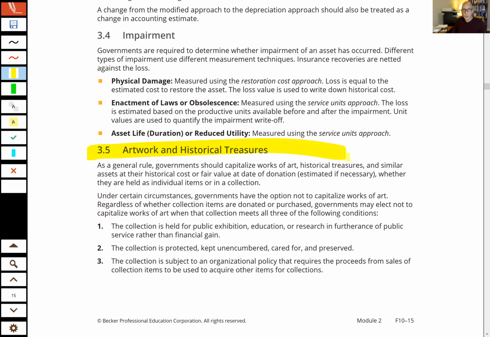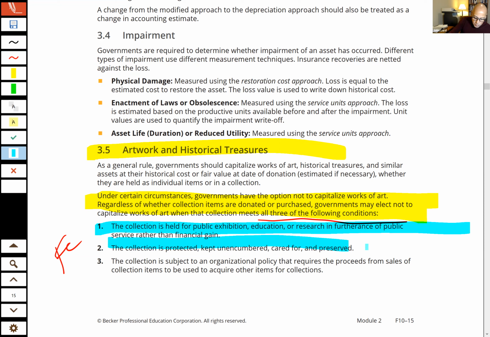Just coming down, artwork and historical treasures. And if you're the city of Hayward and you have some sort of historical treasure that you're putting in the Hayward Museum, these beautiful pitchforks that were used to start up Hayward, would you have to put those assets on your balance sheet and on your statement of net position? And the answer is no, as long as you meet all three of the following conditions, which you can flashcard. The collection is held for public exhibition, it is kept unencumbered, and the city of Hayward in this example is subject to the policy that if it